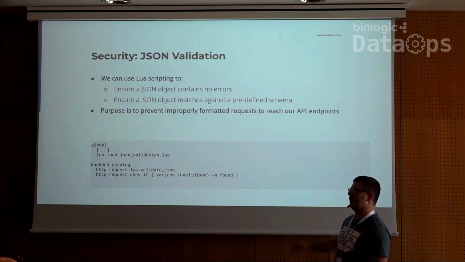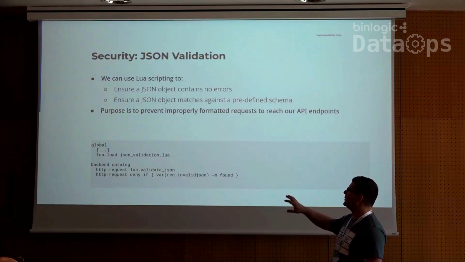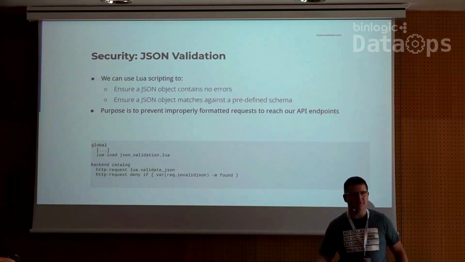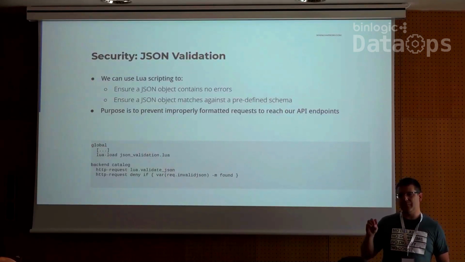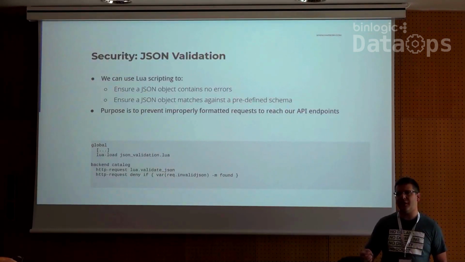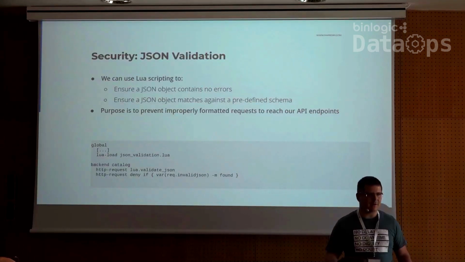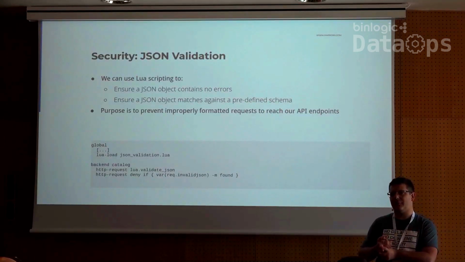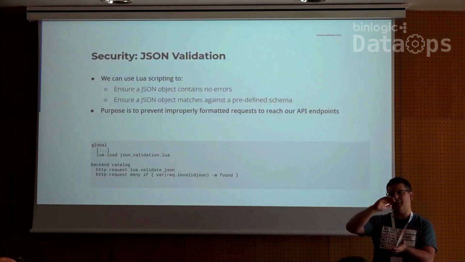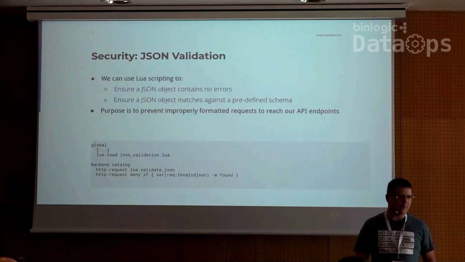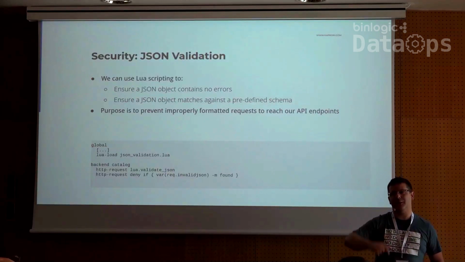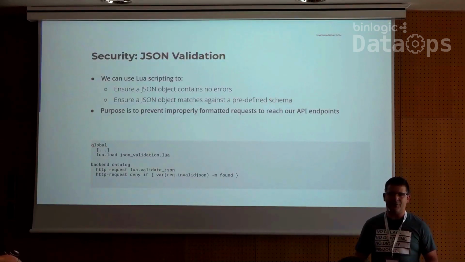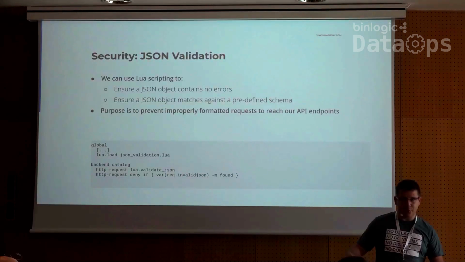Validating that it's JSON is pretty simple and fast. Validating that it matches a predefined schema could be more complicated, but it's worth it. The idea is that you ensure that any request sent to your application can't contain broken data or any attack, because you are going to validate the content from SQL injection, XSS, etc. using the WAF, and then you are going to validate the schema of the data sent to ensure that it matches what your application expects. When you do that, of course, each time you update your API, don't forget to update your load balancer or your API gateway, because otherwise the traffic will be denied. But you will see it in the log anyway.